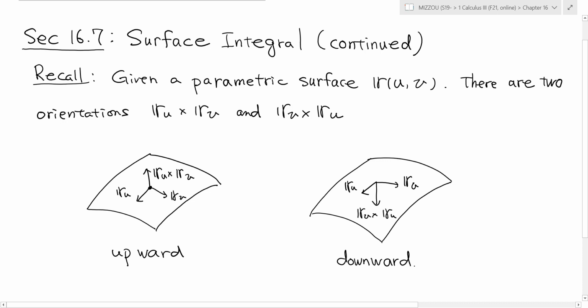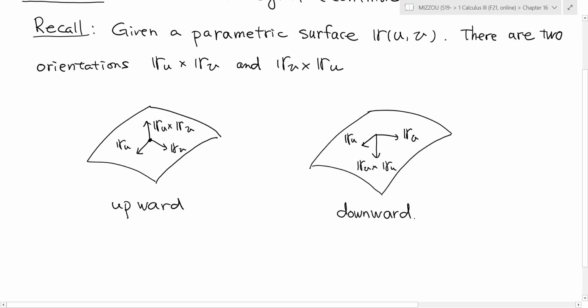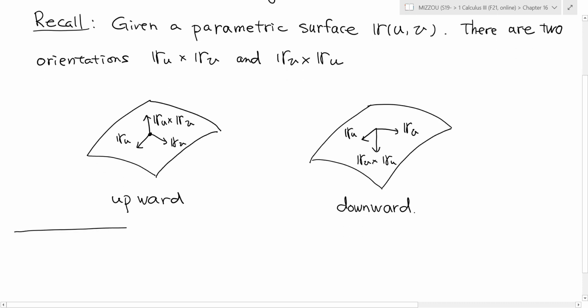And of course, if you switch the order of multiplication, where you switch u and v, what you get is the vector opposite to it. And in this picture, this represents the upward orientation. And in this picture, this represents a downward orientation. Okay, then now with this said, in this video, I'm going to